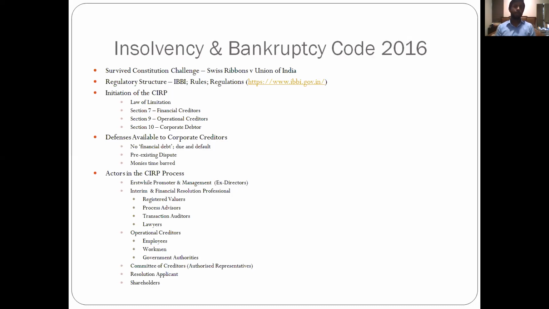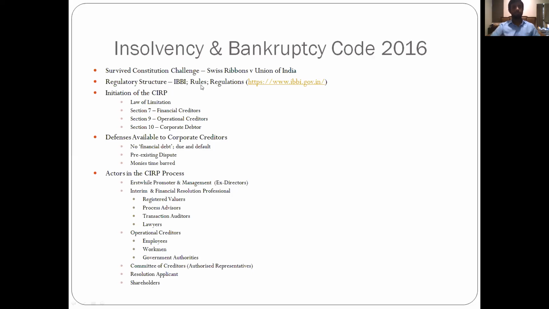At the same time, it also comes out with these regulations, which are detailed as to how the process will take place, how the voting will happen, how the COC will decide, who should be given audience to, who should not be heard, what should be contained in a plan. So these are all detailed in a regulation. It's all listed on the website. It's a very good website. You should probably give it a time if you have some time.